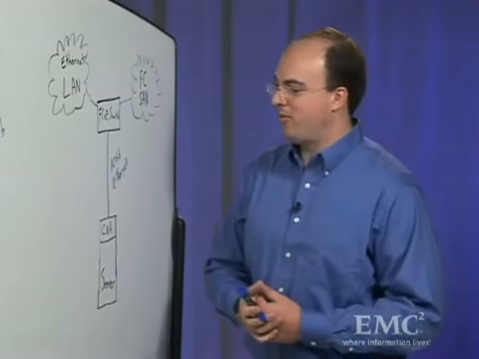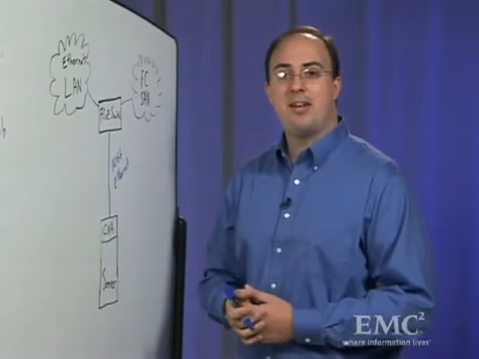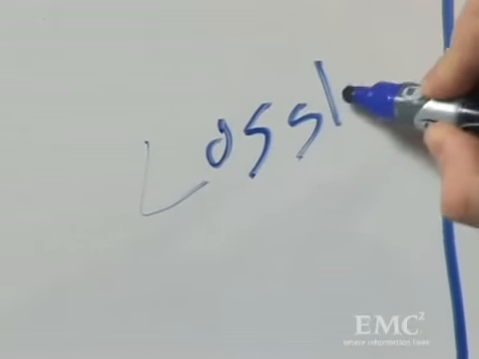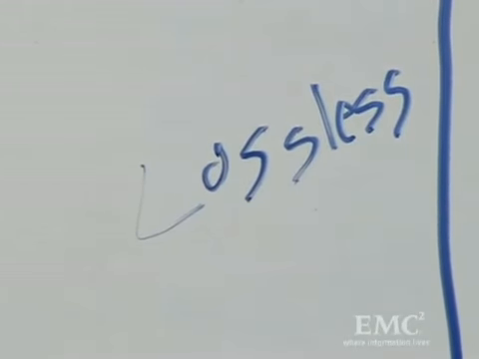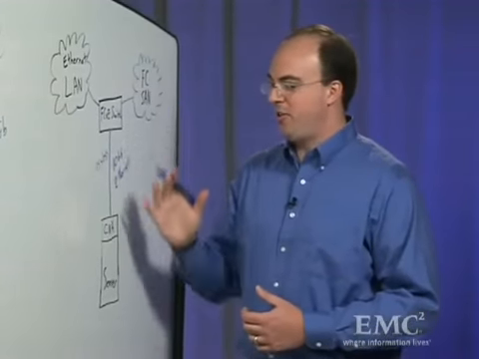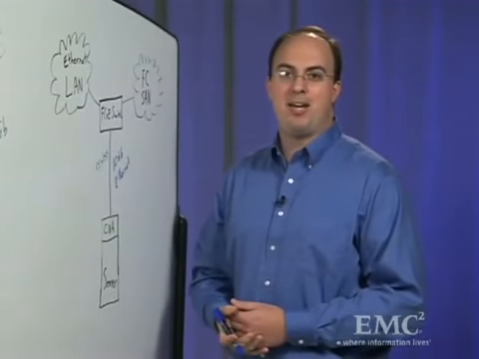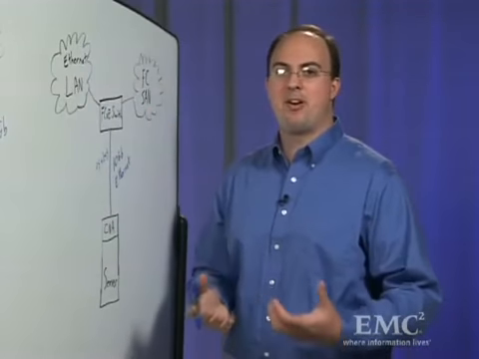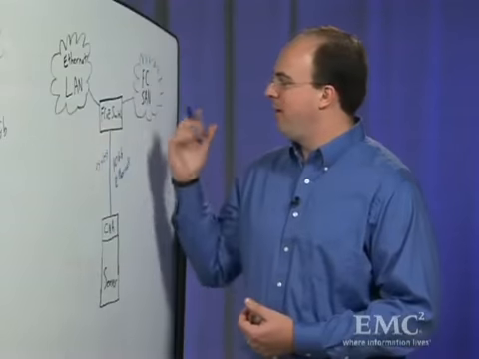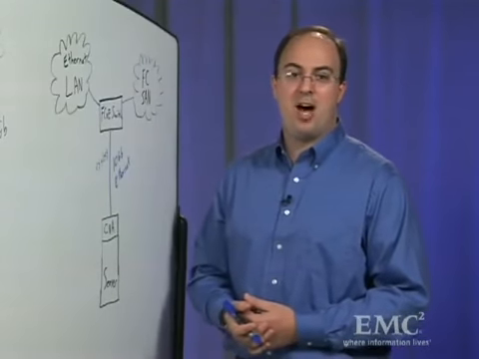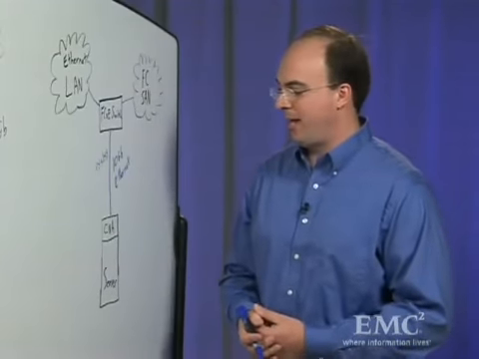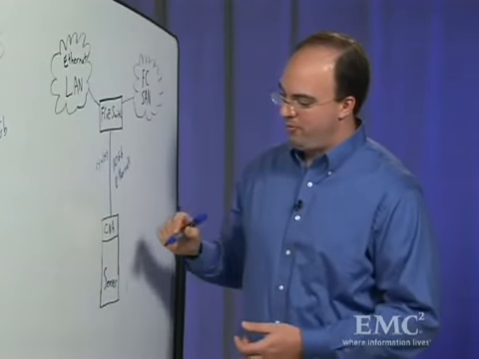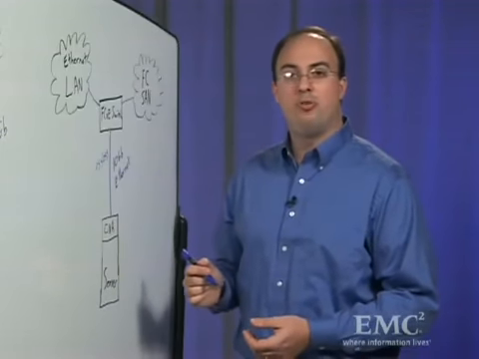The Ethernet links that we have here, in addition to being 10 gigabit, also must be what's known as lossless links. What lossless means is that this connection is not going to drop any packets, which traditional Ethernet does. Traditional Ethernet has TCP/IP and therefore can recover from loss. Fibre Channel, on the other hand, does not recover so well from dropped packets. So what we've created is this new environment, and let's look at how traffic flows